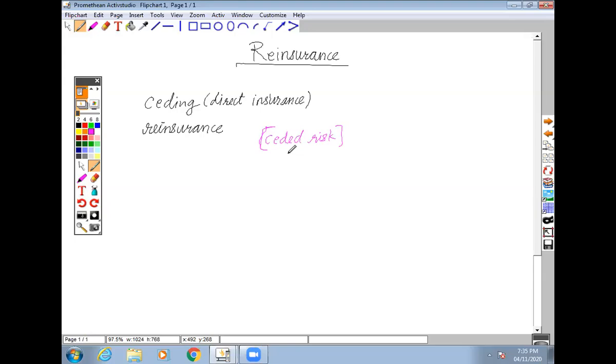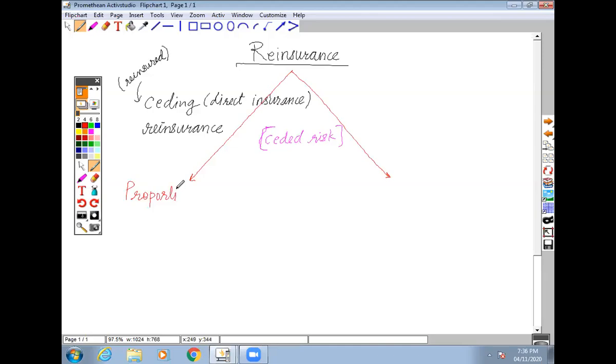So again, there can be various different kinds of treaties that you can sign with the reinsurance company, if you are the insurance company itself, the ceding company. These are the ones who are getting reinsured. So let us have a look at different kinds of reinsurance treaties that we can generally have. We don't say treaties generally, but yes, different kinds of reinsurance. So one kind of reinsurance is proportional reinsurance.